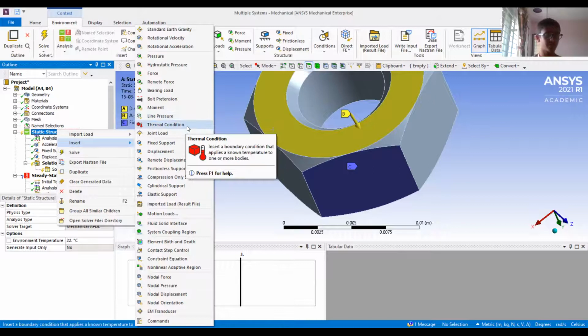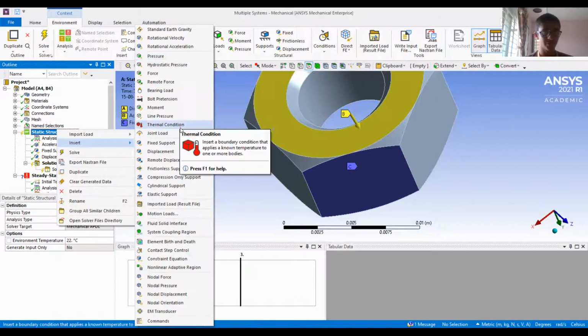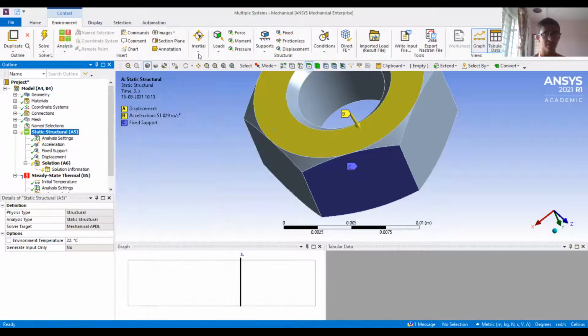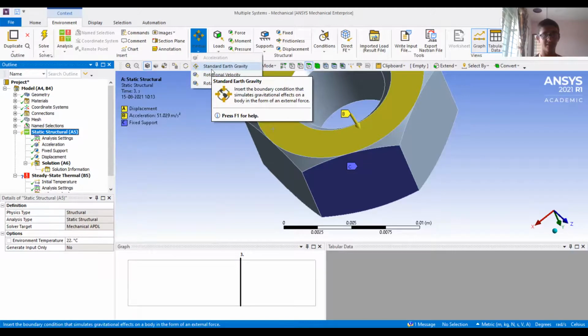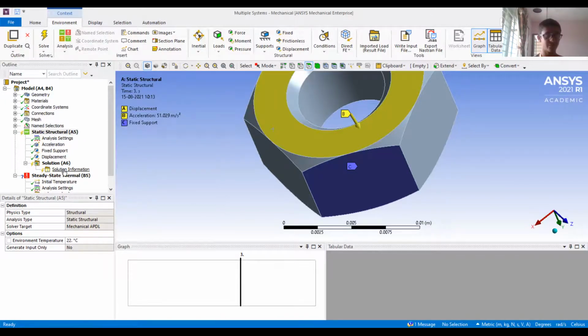The thermal conditions are there because the steady state thermal was involved. So these are the different kinds of loads we can use. The inertial conditions can also be involved, such as we can apply standard earth gravity. So if we want a non-inertial frame or inertial frame, those kinds of options are also available to us. So these were the different kinds of supports we can make.